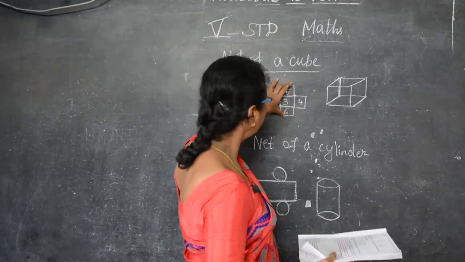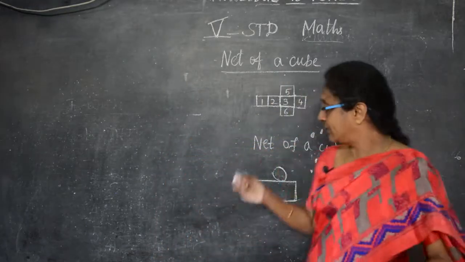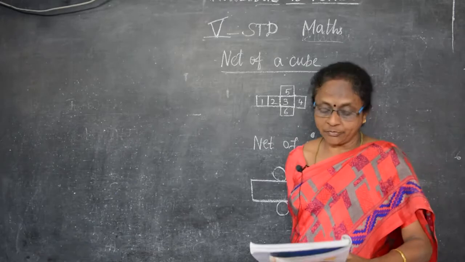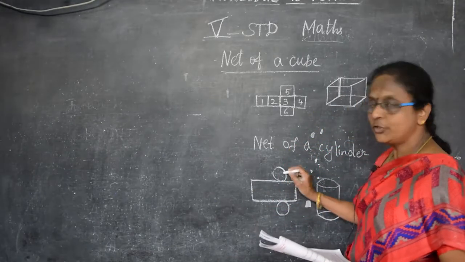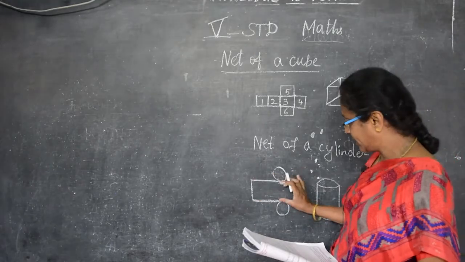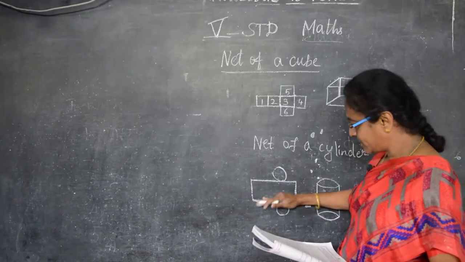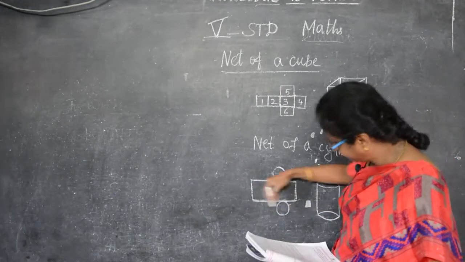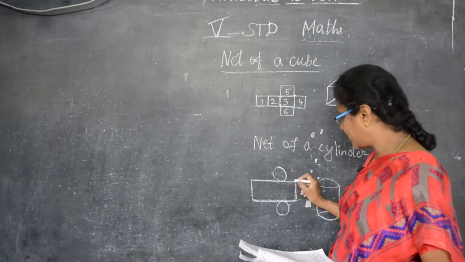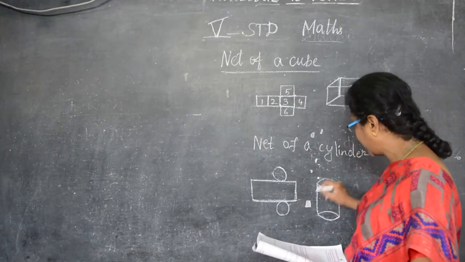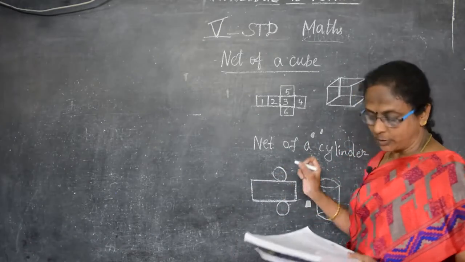This will be the net of a cube and this is the cube. So like that they will ask you to draw this, or to match the net of the cube, the net of a cylinder like this. So again I am telling, join the two edges. If we join these two edges of a rectangle breadthwise, this is the breadthwise join, if we join like this, you can form the boundary line of a circle.